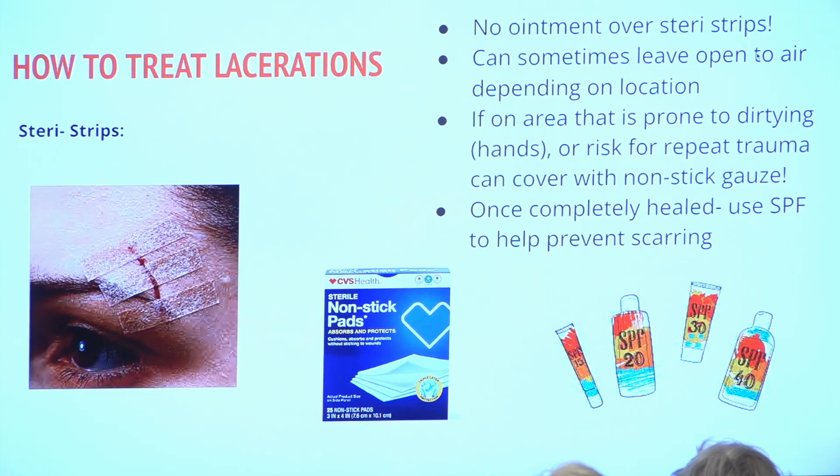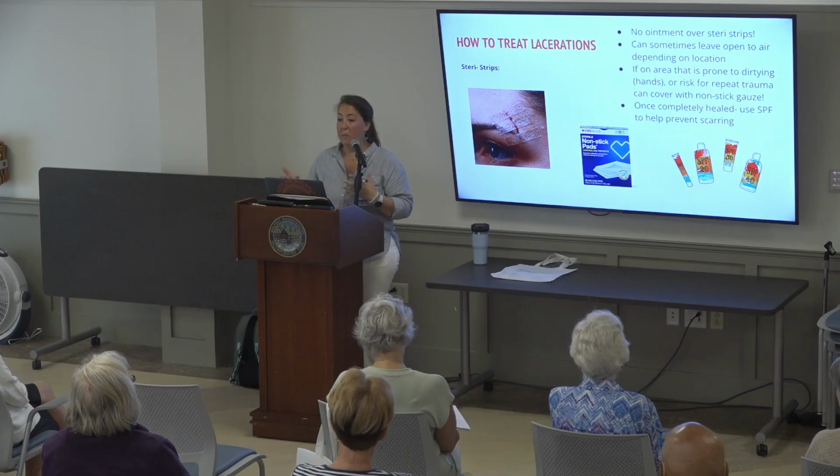They call them butterfly stitches. Basically it's strong tape that holds the edges of that wound together and allows them to heal. The big thing about it is that they are a tape-ish type material, so putting any ointments or anything on that is going to loosen that adhesive, and they're not going to stay on as well. Once they're on, you can leave them open to air, wash it gently with soap and water,